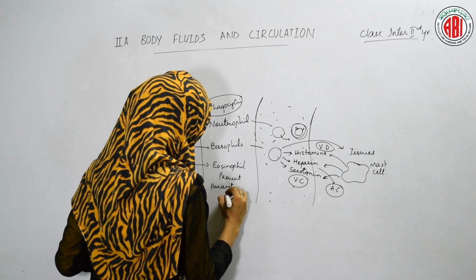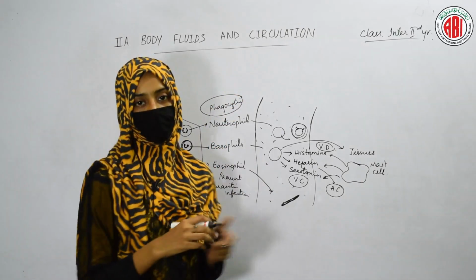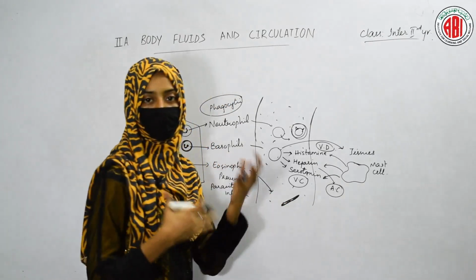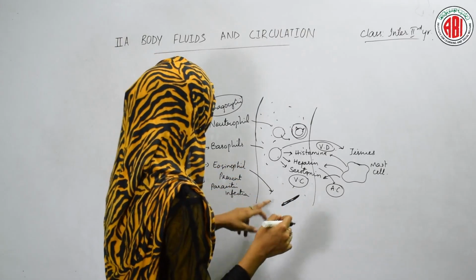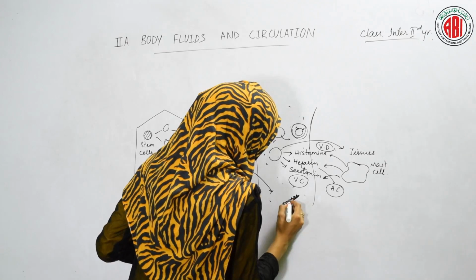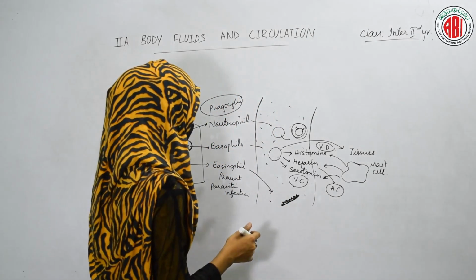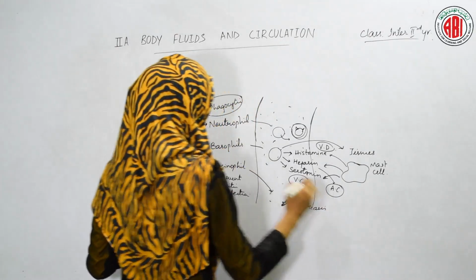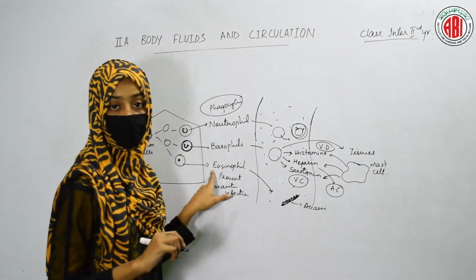For example, if some parasites are present in the blood vessels of your small intestine, what happens? This Ascaris undergoes division and increases in number. Now, to stop their division, these eosinophils go and bind on the body of this Ascaris and try to kill it, and hence it helps in preventing this parasitic infection. So this is the role of a type of white blood cell named eosinophil.